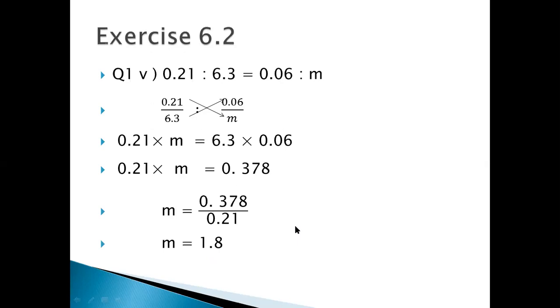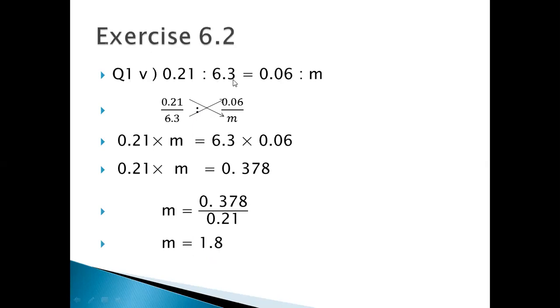Now come to the fifth part; second, third, and fourth are solved in the same way. You first write the given ratio in the form of a fraction, and then you do cross multiplication. You can easily solve it, inshallah, there will be no problem. You can do the second, third, and fourth parts by yourself. Come to the fifth part. Why am I solving the fifth part here? Because the second, third, and fourth are the same as part 1.